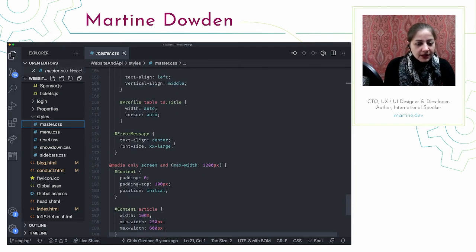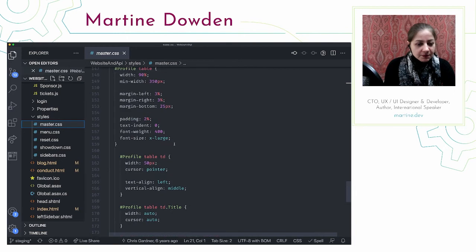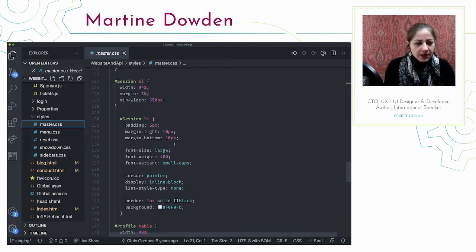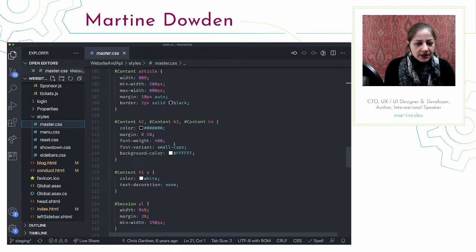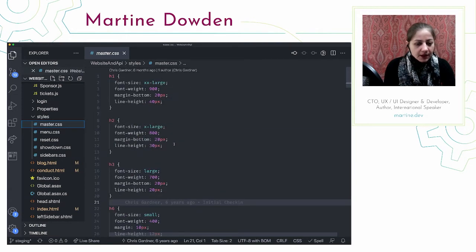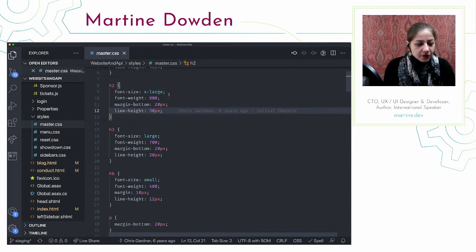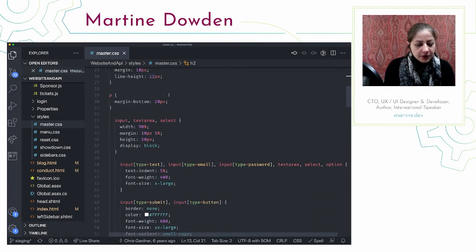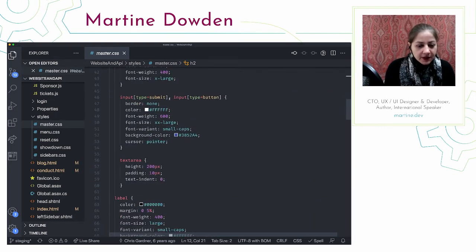One of the things I'm noticing here is a lot of these things are based on ID, so we may make some changes on that, because that's really, really specific, and as soon as you try to override something, we're going to have some problems, because we're reaching a really high level of specificity. So the first thing I'm going to do is try to find where that blue color is, because we definitely want that. And here it is.